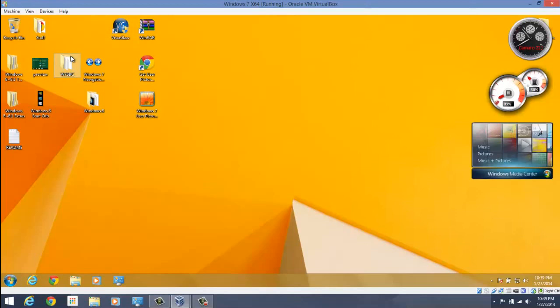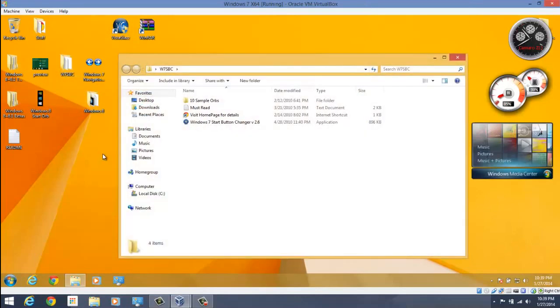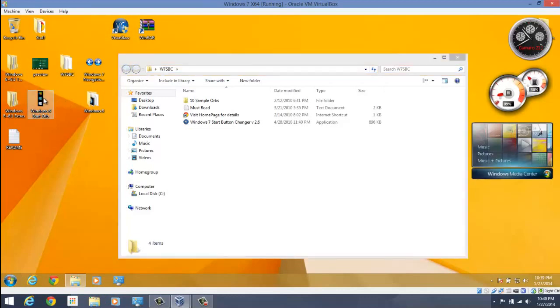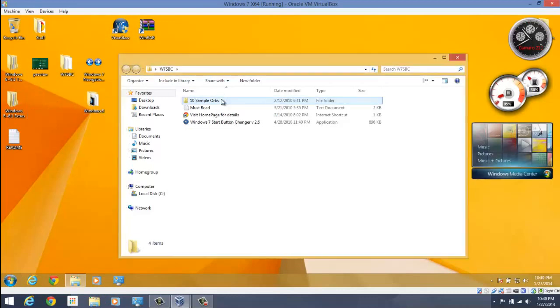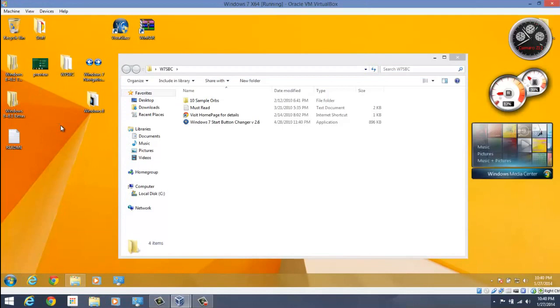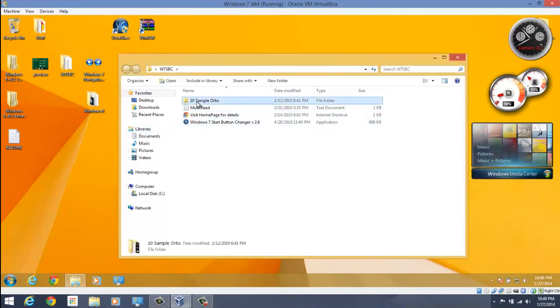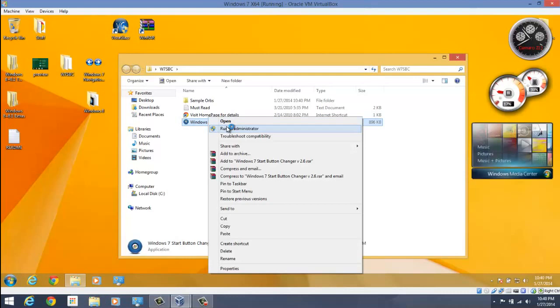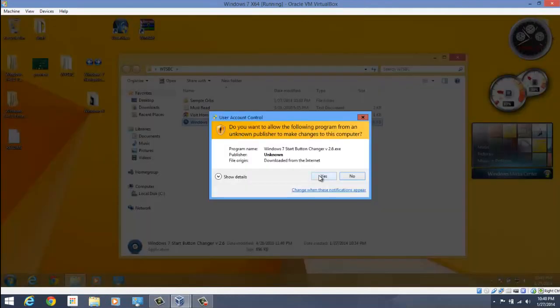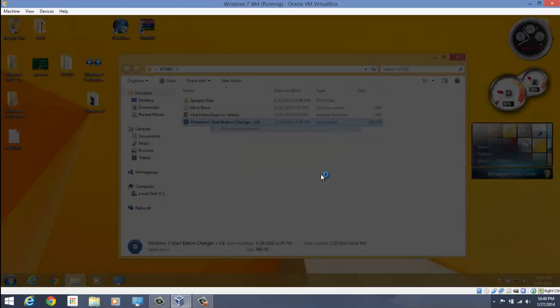Okay, now for the Start button. What you're going to do, you're going to go to Windows 7 Start Button Changer. Now you have this called 10 Sample Orbs. Move your sample orb into there. And what I'd recommend, rename this to just that. Good. Now you have to right click on it and click Run as Administrator. As you can see, the basic even looks like RTM. But hit yes,